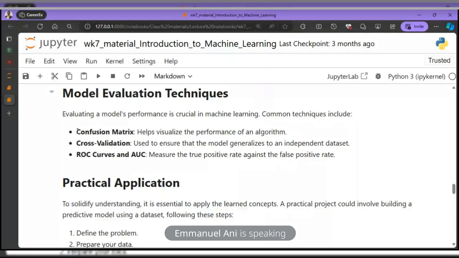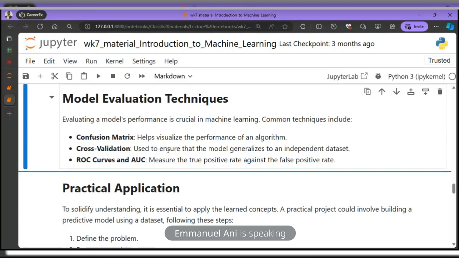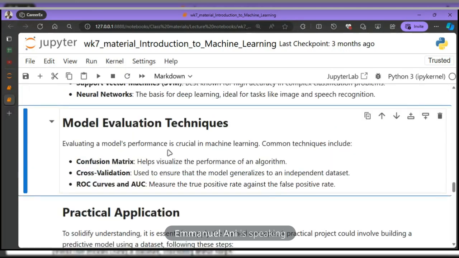Remember, I told us we have two kinds of tasks: classification task and regression task. So tomorrow we're going to look at how we apply different evaluation techniques to these two different tasks that we mentioned. So we have confusion matrix, right? We have cross validation, we have ROC curves and AUC. So all these things that were sounding like jargon and just sounding too big,